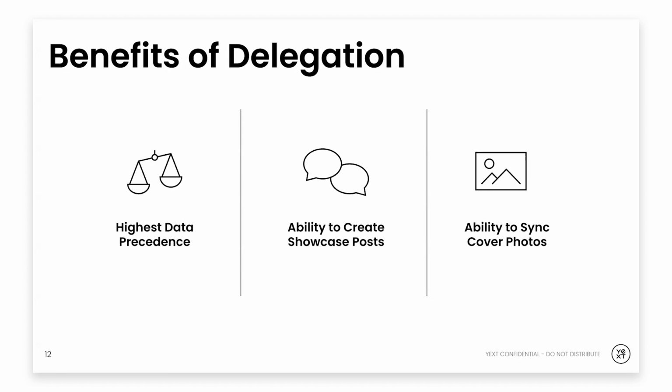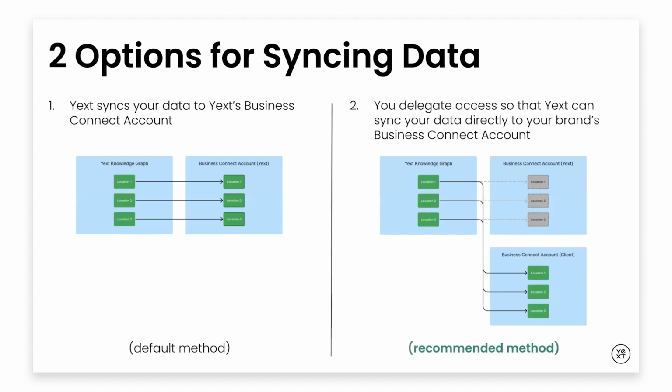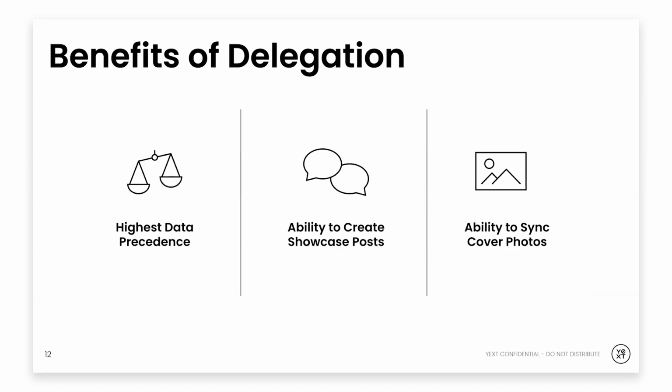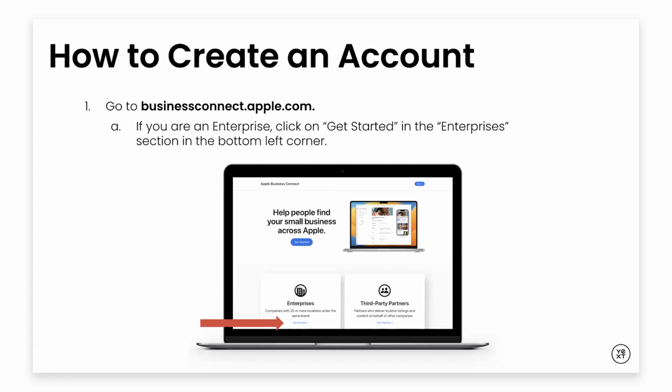So again, if you want to have the base setup, so the one on the left, if you do nothing and just have the listings product, it will work out of the box. But if you want to unlock the full functionality, have your own account, you want to make one and delegate. So now what we'll do is we're going to go through all the steps of making your own account and delegating. So to do this, first you have to go to